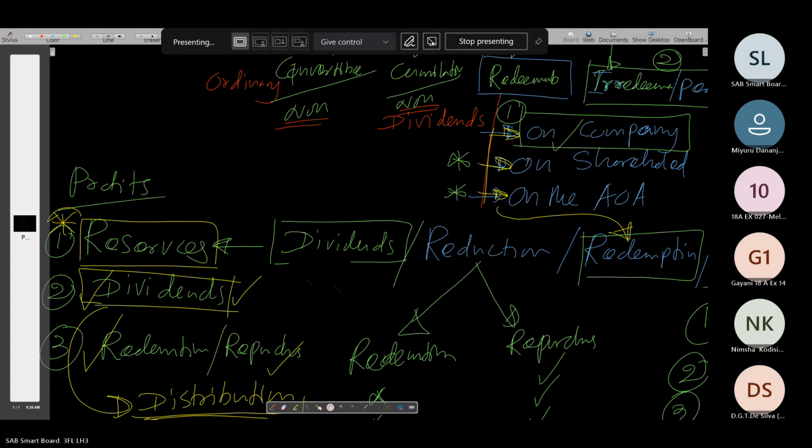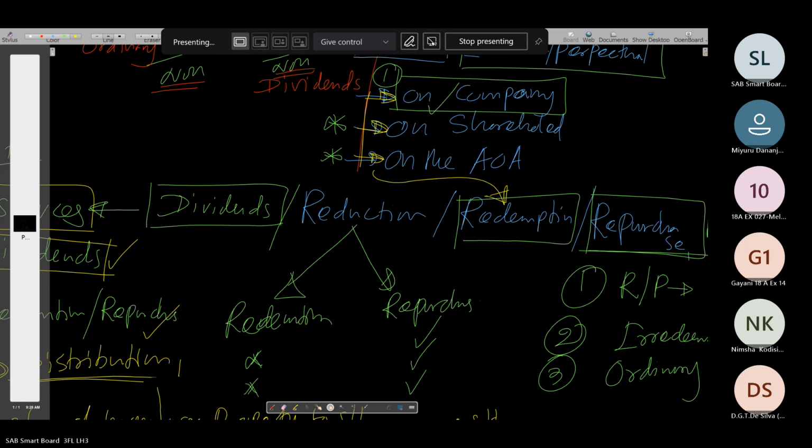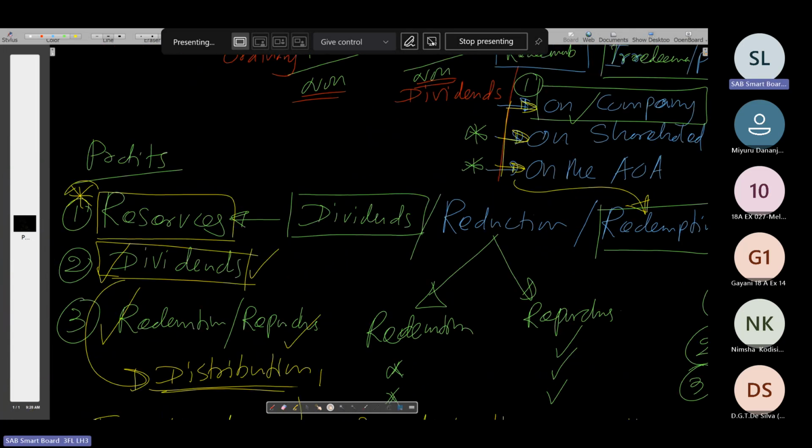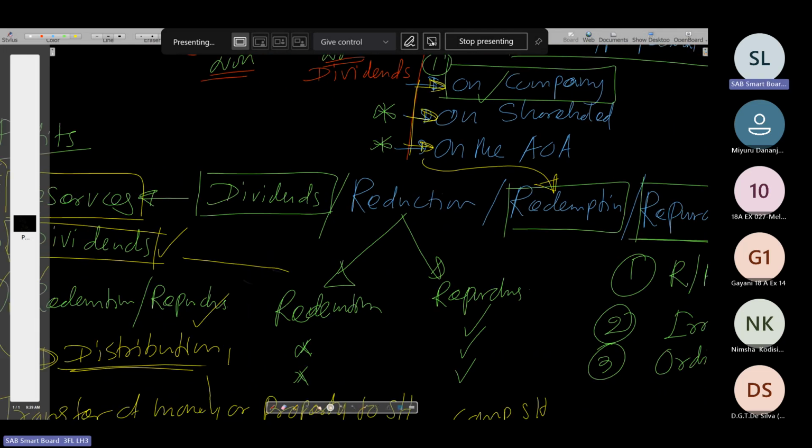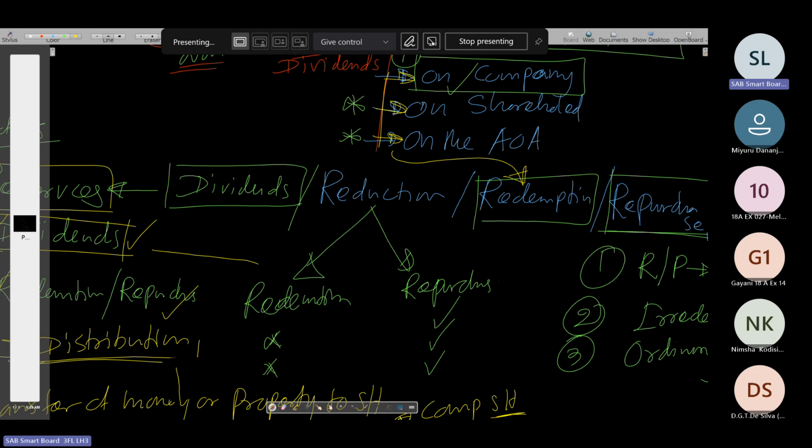Now we can identify altogether four terms: dividends, reduction, redemption, repurchase. Four. Then the Companies Act says, in order to pay dividends, in order to reduce the stated capital,